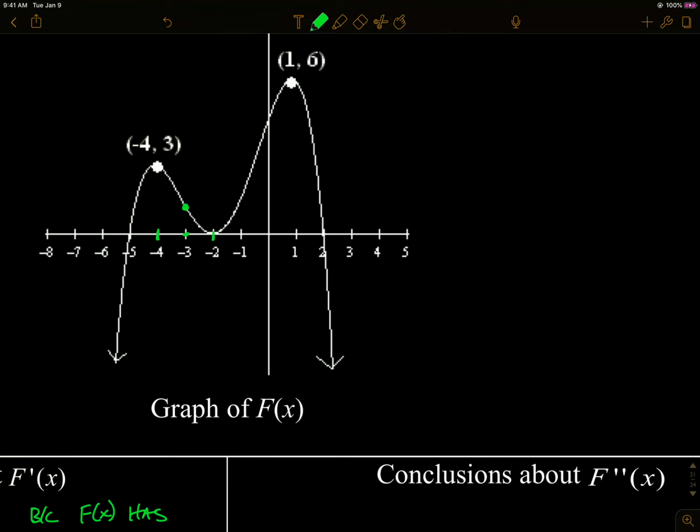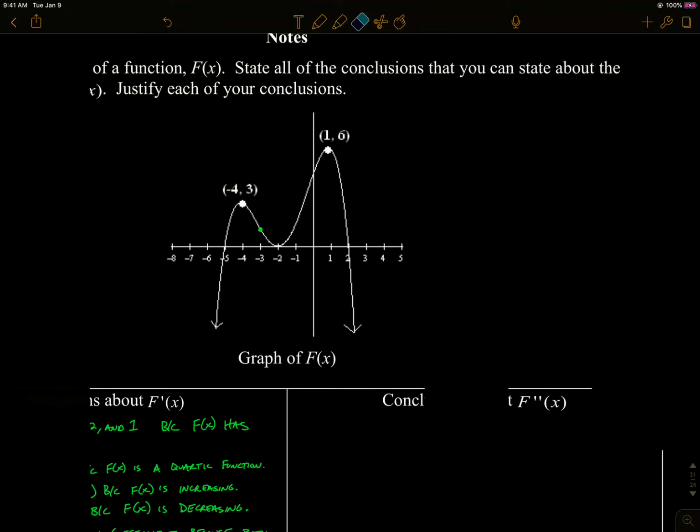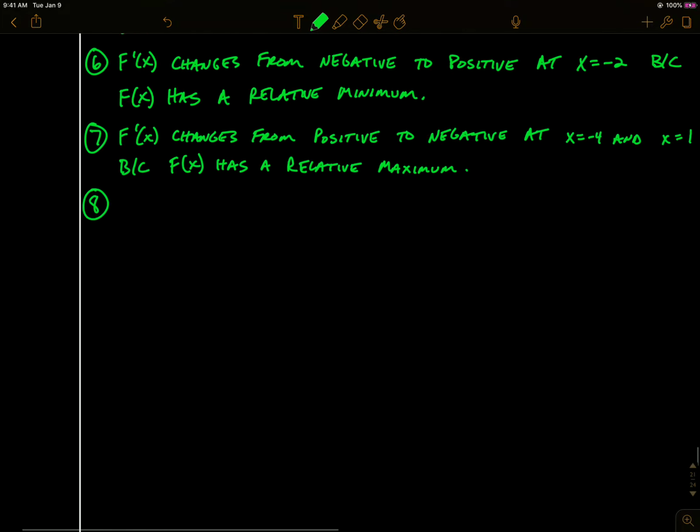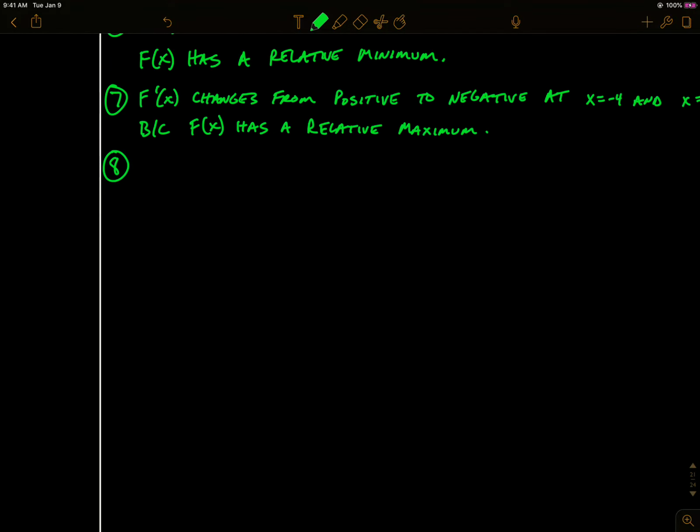It's not always going to be right in the middle there, but it's somewhere around there. But just for the purposes of what we're talking about here, the connection between the graph, we know that somewhere in between this maximum and this minimum, there is a point of inflection. So just so we can talk about it a little more easily, we're going to say at -3, there is one. So I can say that f prime of x